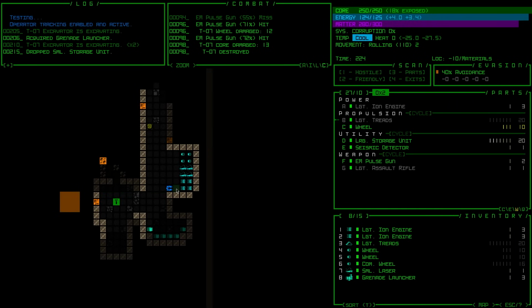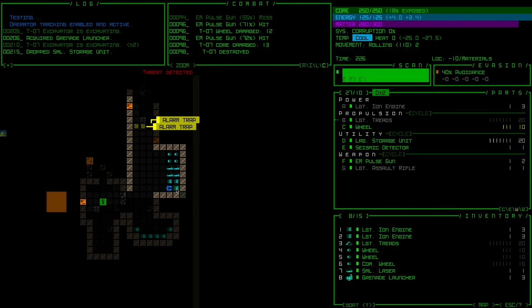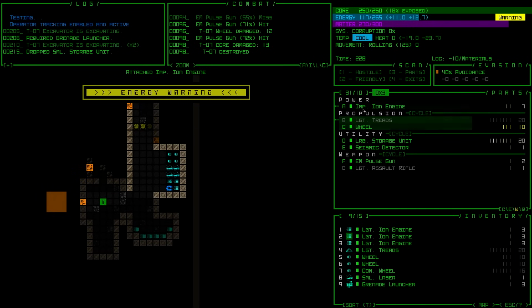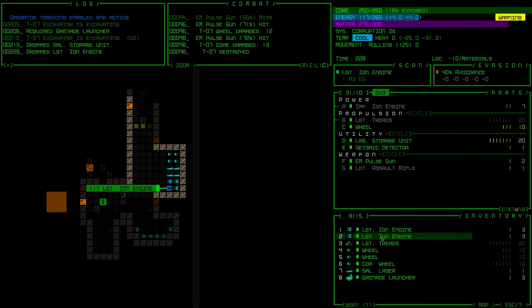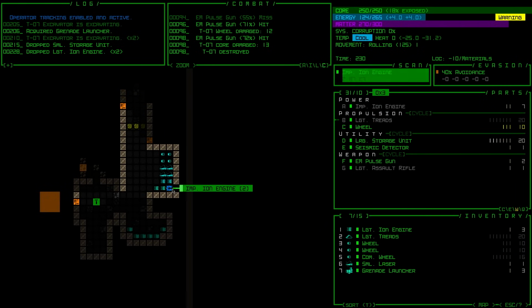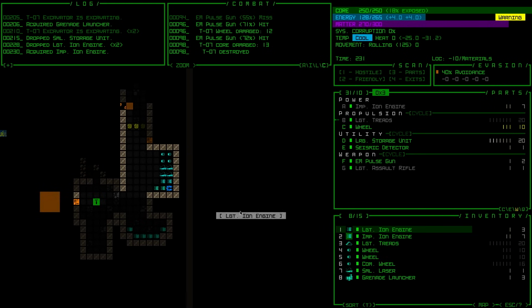We've got the improved ion engine. Another alarm trap. Going to equip that. I'm going to turn her off straight away. I don't need the heat generated. I'm going to drop these light ion engines that I was keeping as backups. And I'm going to pick up...